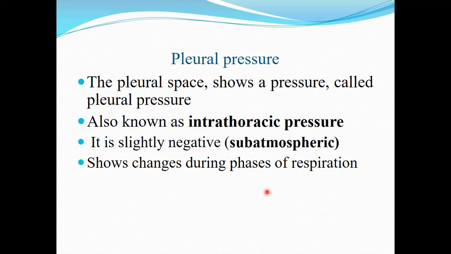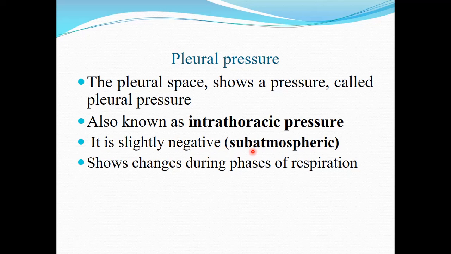Now this pleural space shows a pressure which is known as pleural pressure, sometimes also called intrapleural pressure or the intrathoracic pressure. The pressure which is exhibited by this space is slightly negative, or in other words we can say that it is subatmospheric,